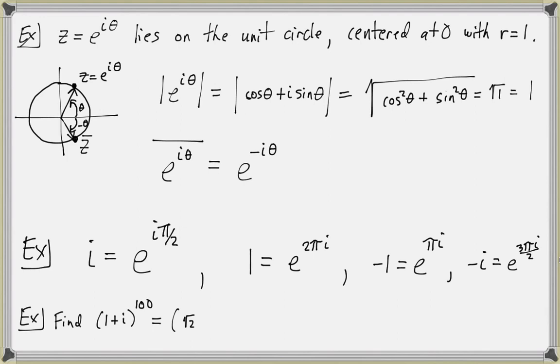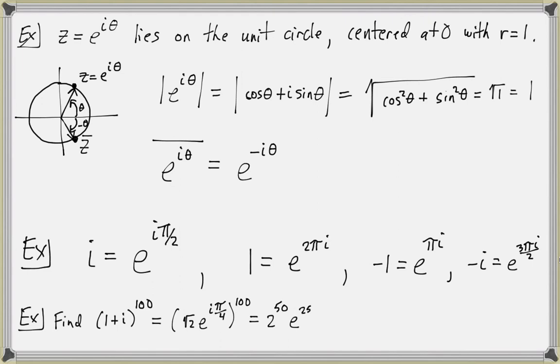So I can write 1 plus I as square root of 2 e to the I pi over 4. I'm going to raise this to the power 100, and we can just use exponent rules. And so we have the square root of 2 to the power 100 would be 2 to the power 50. And then e to the I pi over 4 raised to the power 100 would simplify to e to the